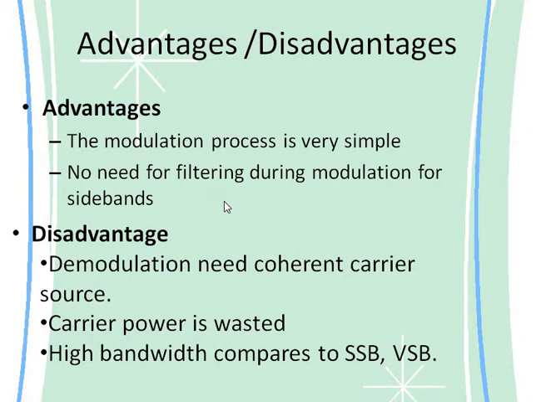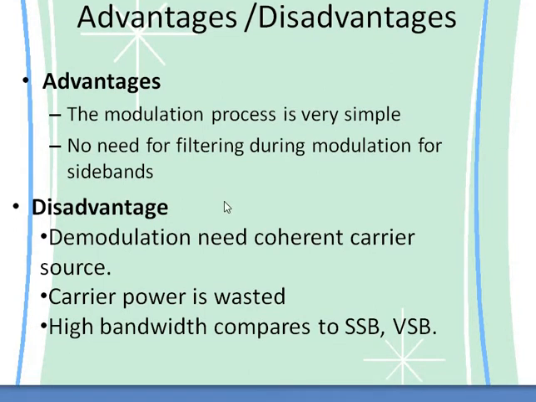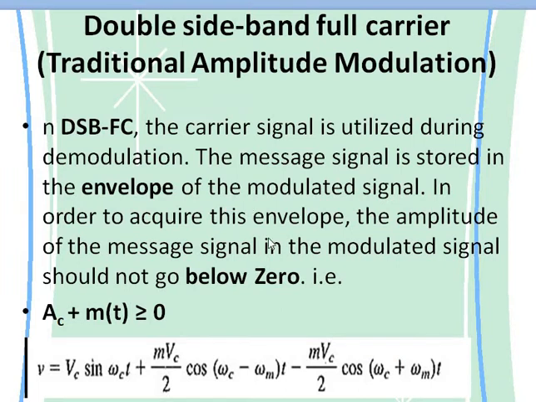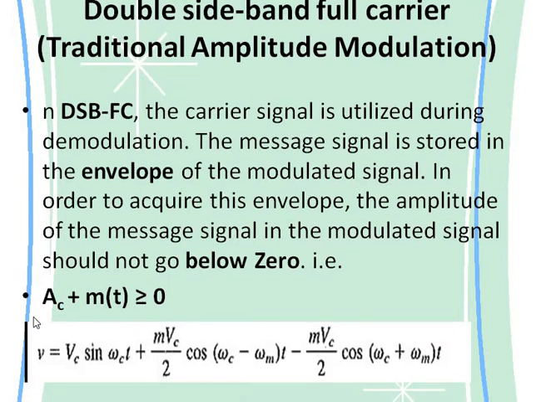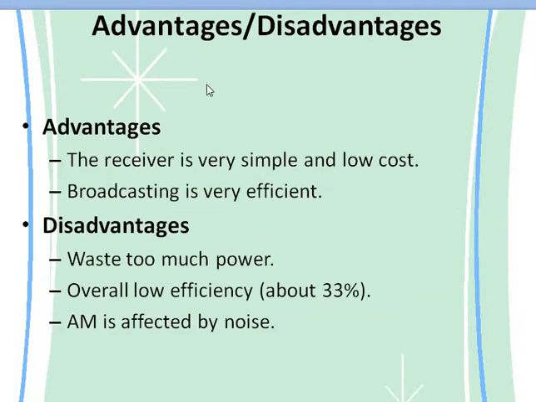And this is the double sideband suppressed carrier, and next is double sideband full carrier. Double sideband full carrier is the same as the amplitude modulation. This is the equation, and we know how it works. The message signal is stored in the envelope of the modulating signal. So envelope is something which is the amplitude of the message signal. Here Ac plus m of t is greater than or equal to 0. The advantages of this signal are that the receiver is simple and broadcasting is very efficient,